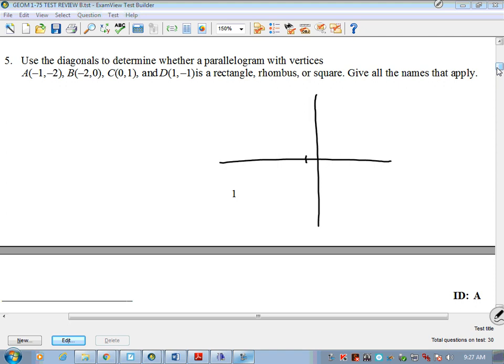We got 1, negative 1, negative 2. Okay, let's just make some marks through here. All right, negative 1, negative 2. So about there. Okay, negative 2, 0. There. 0, 1. Here. And 1, negative 1. Now, granted, this is the problem that you get when you don't use graph paper. You guys should use graph paper on a question like this, because you notice that my tick marks are not